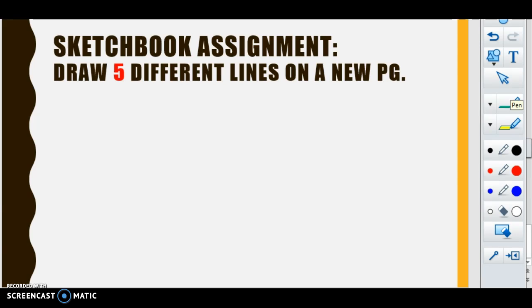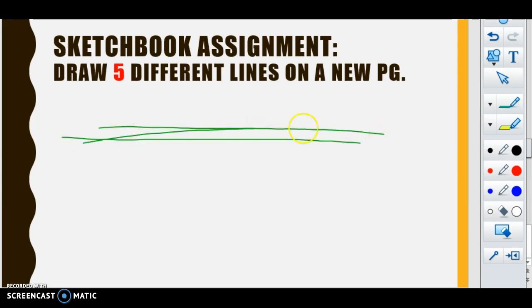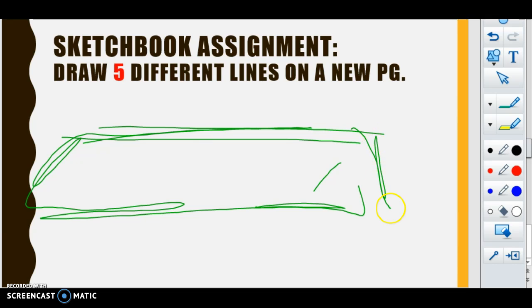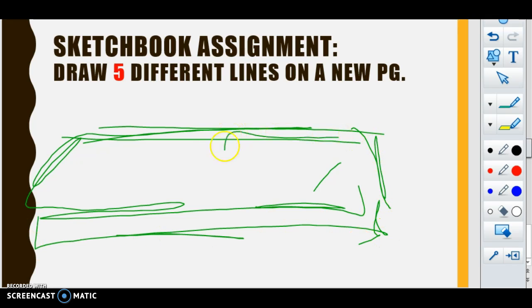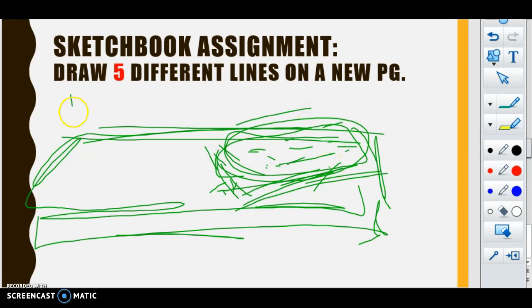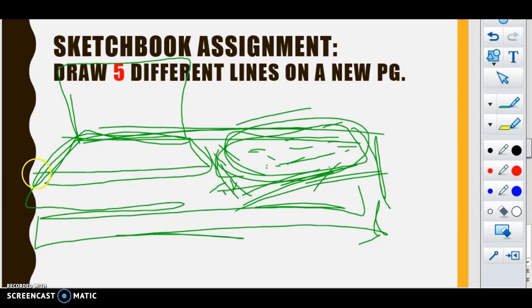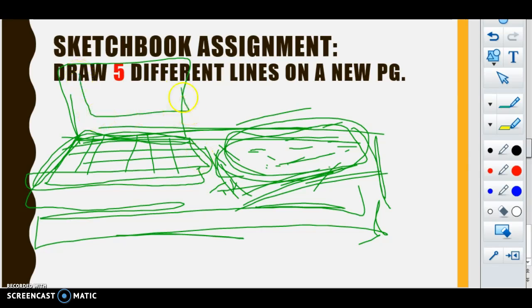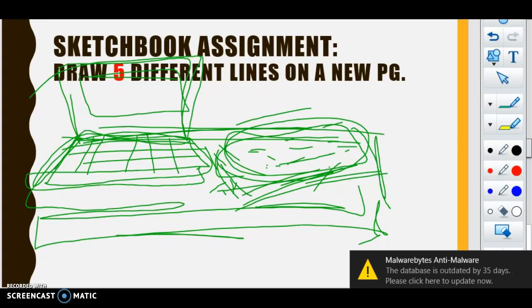So for example, I'm going to show my desk here that I'm looking at. And I can draw my desk with papers on it. So I have a bunch of papers. Maybe there's writing on it. There's my dashed and dotted lines. And then I have my computer up here because I am on my computer. And you can see the keyboard has some diagonal lines on it. So I'm using these lines to create the picture. And you can label those lines that you want. So if you wanted to label this as horizontal,